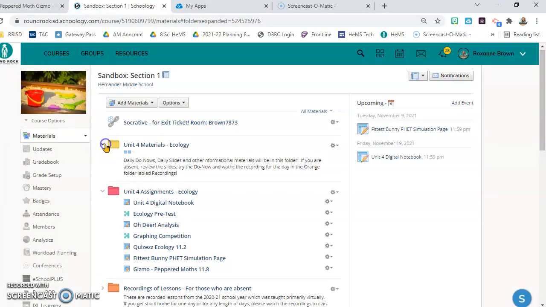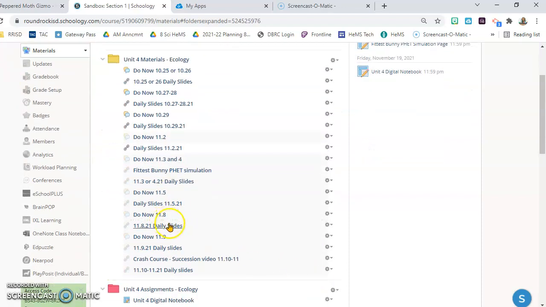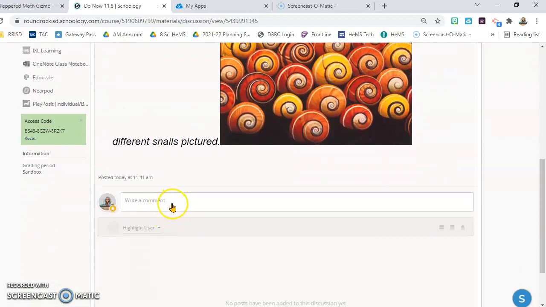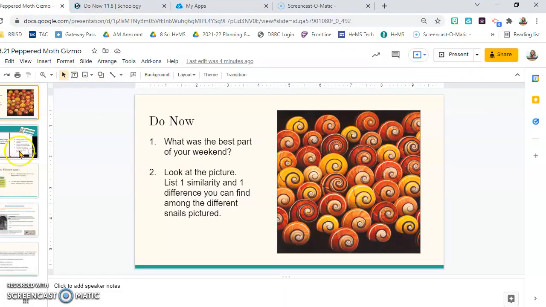So under today, under materials, here is today's do now. You would click there, there's your do now, and you would just write in this box and click the submit button. When you're done with that, we're going to come back to our slideshow and we're going to talk about